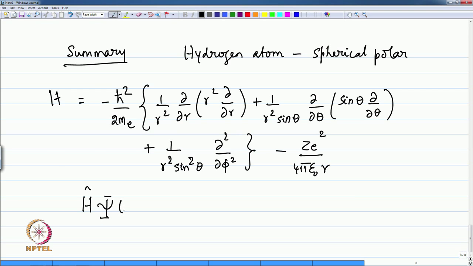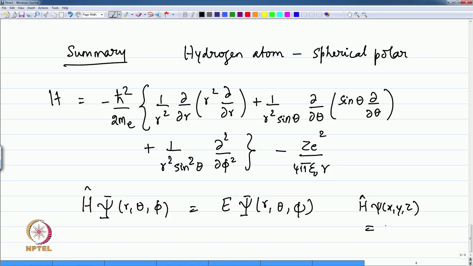and the equation that you are looking for solving is Hψ(r, θ, φ) equal to Eψ(r, θ, φ), instead of Hψ(x, y, z) equal to Eψ(x, y, z). Okay. The wave functions are different in the different coordinate systems, but please remember the energy, which is independent of the coordinate representation, will not be different between different coordinate systems. How you represent your coordinates should not lead to any changes in the eigenvalue for the hydrogen electron, and therefore